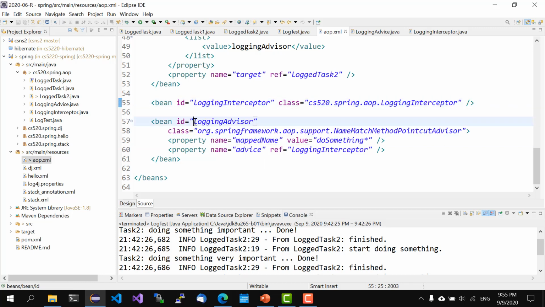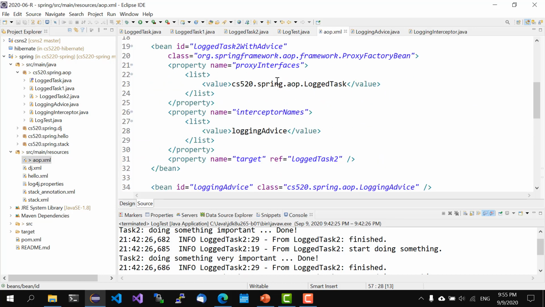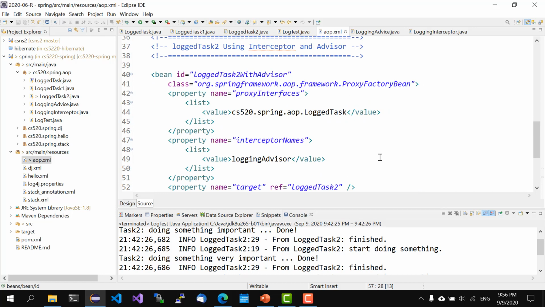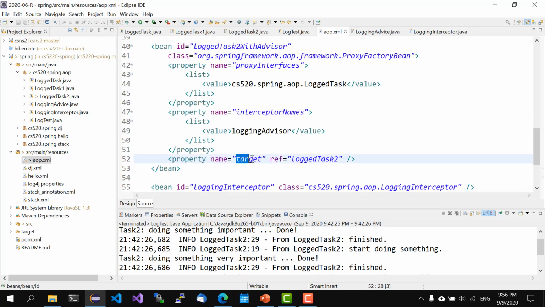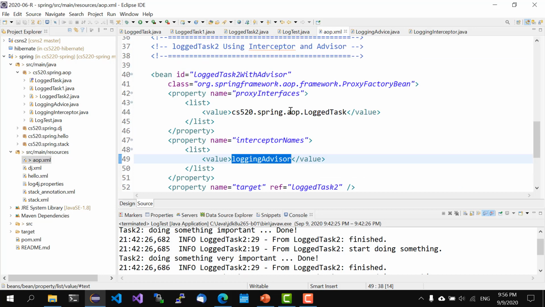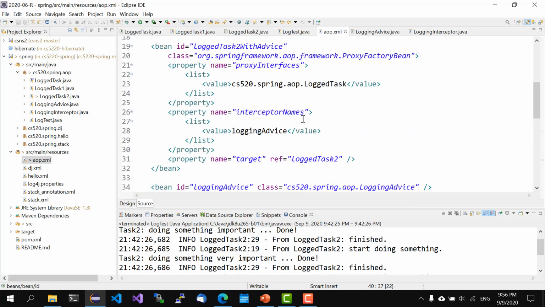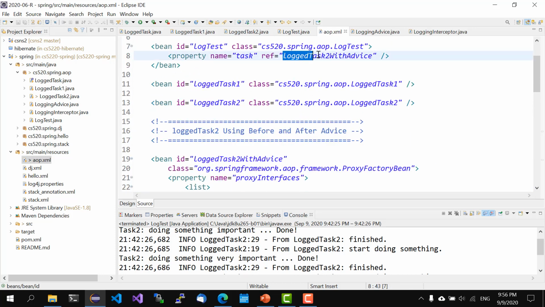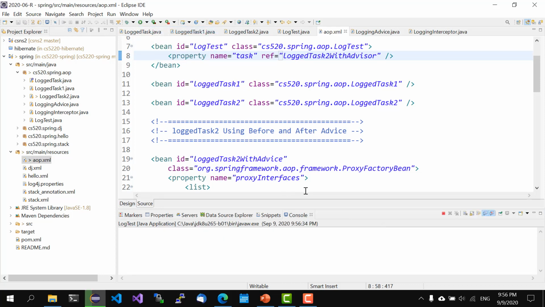So once we have our advisor, just like what we did before, we need to create a proxy using the ProxyFactoryBean, and this proxy will be a combination of the original class, the target, and the advice class, which contains the additional code. And we can try this. So instead of logPass2 with advice, I'm going to do logPass2 with advisor. So if we run this,